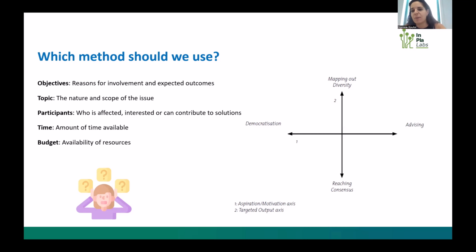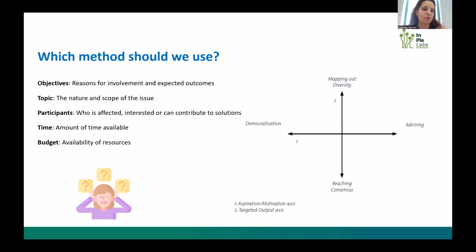For example, if we have children, of course, this target group affects a lot the method that we are going to choose, because we need something more creative or more interactive, something that will keep their interest, because, for example, if the workshop lasts for 2 hours, we need something that will keep the children active during this time. Of course, there is the available time. It's different if we have 1 hour, 2 hours a week or a month to do a participatory workshop. So in this way, our selection will be different.